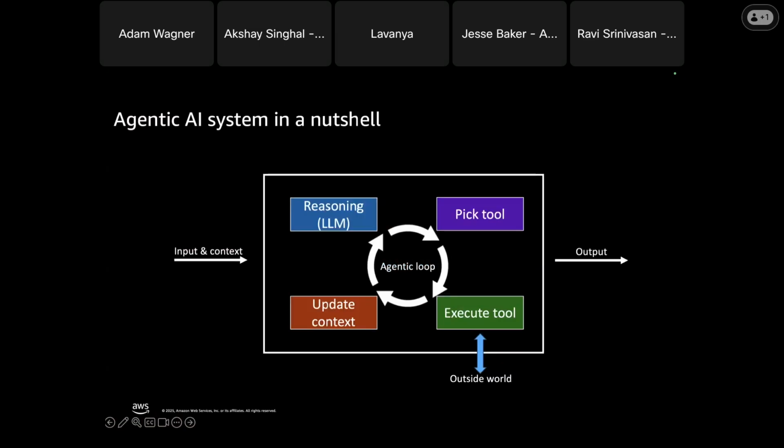It's going to pick a tool. It's going to have the assistant execute that tool. It's then going to get an updated context that has the results of those tools, and then it's going to do the same thing again. It's going to say, hey, do I know what I need in order to produce the output I need? And so that's the agentic loop in a nutshell.